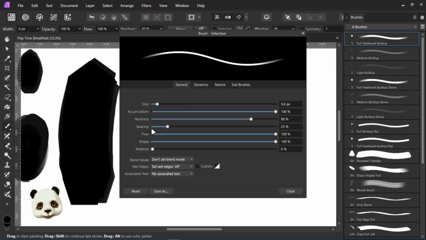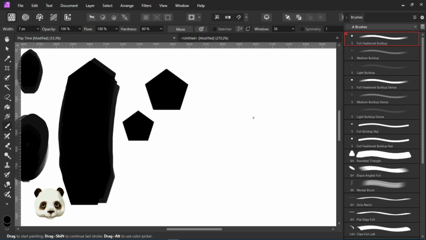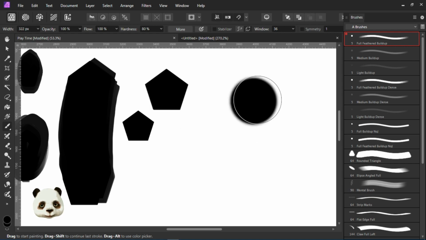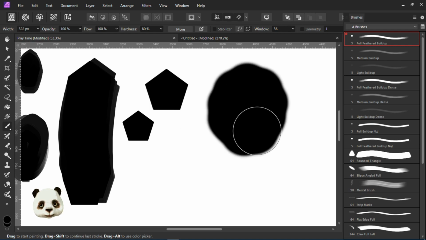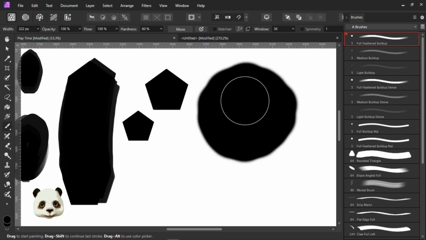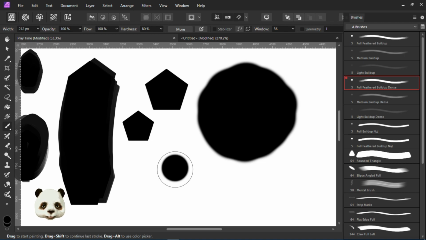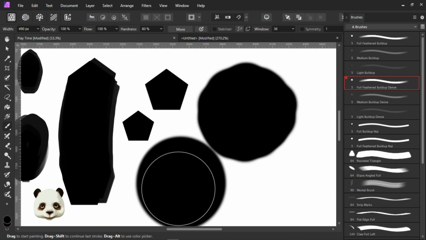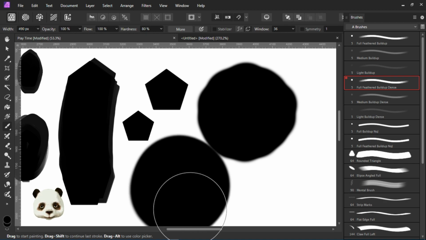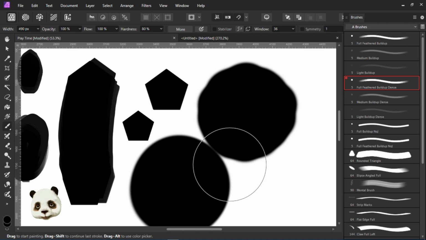If I go to this one, it allows me to edit the hardness however I want. And with this one, if I'm on hardness 80, you can see it's a feathered edge. But the cool thing, and this one has some spacing, this is why it's creating these curves. If I go with this other one, which is the same but has no spacing, you see, I'm not creating those bumps. Anyway, if I want to create a brush that has this feathered edge,